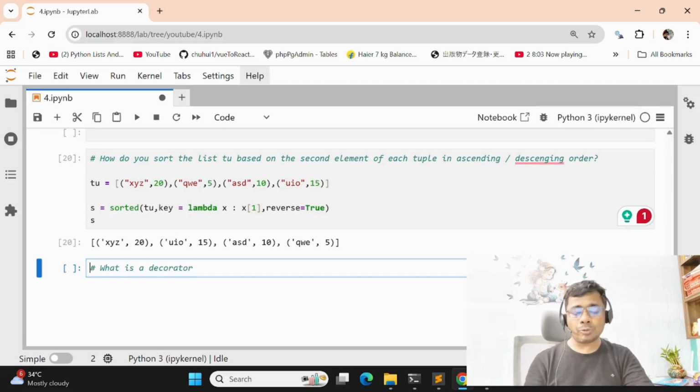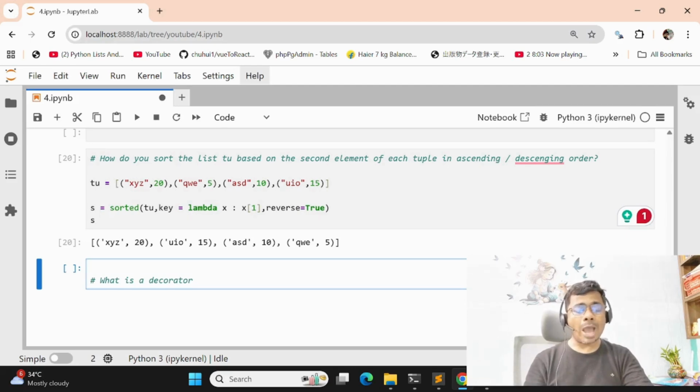Then we'll give the answer on how we use a decorator. Suppose one method, my method name is sum. The sum method returns the sum of two numbers. But my manager told me not to disturb the current method, but using the current method, to multiply two numbers.